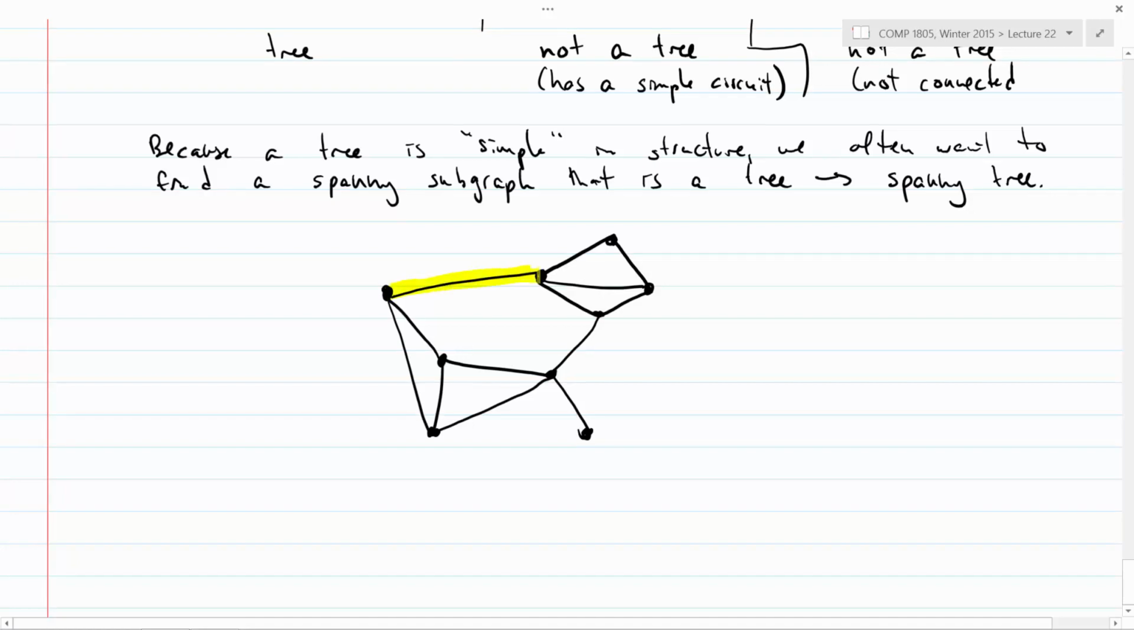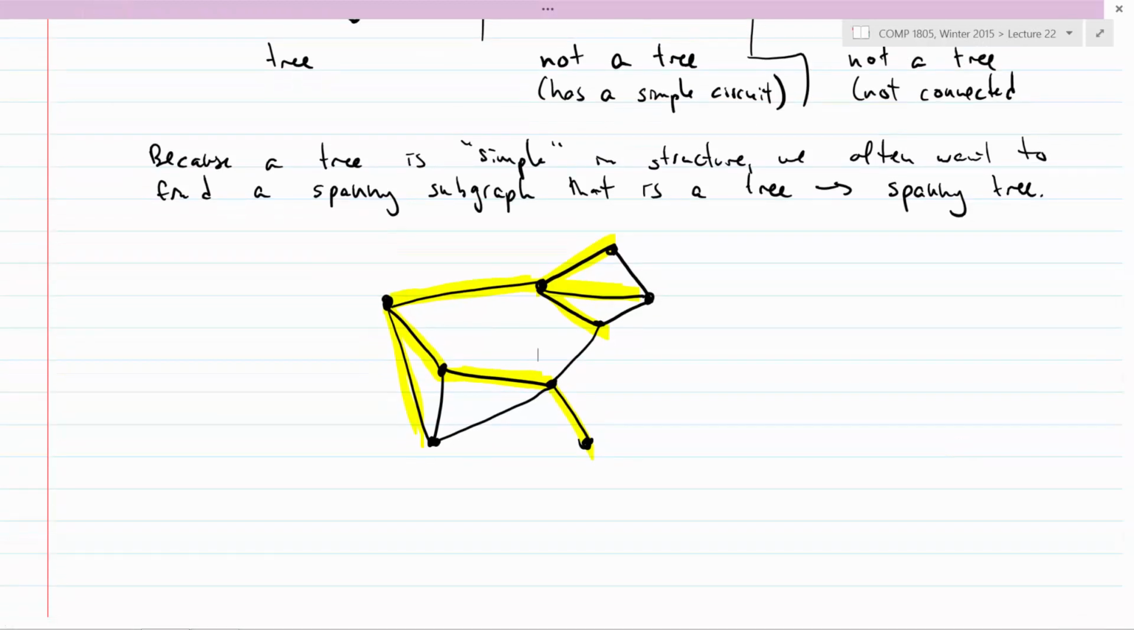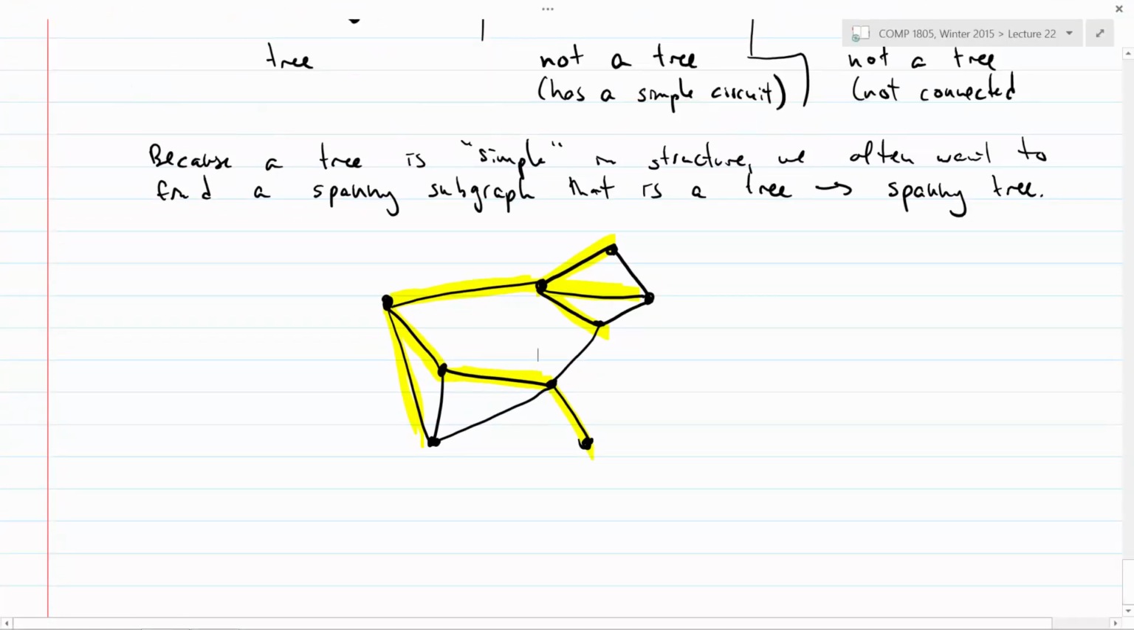So I could take this edge, this edge, this edge, let's say this edge, that edge, that edge, that edge, and that edge. So if I look at just the highlighted yellow edges, that forms a tree. Does everyone believe that? So there's no cycles and it's connected. So that's what it means, no simple cycles. And it's connected. And this is spanning because the vertices in the tree are exactly the same as the vertices